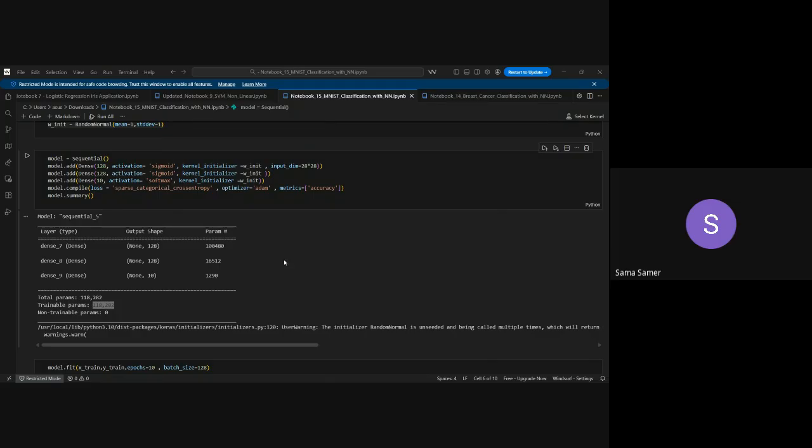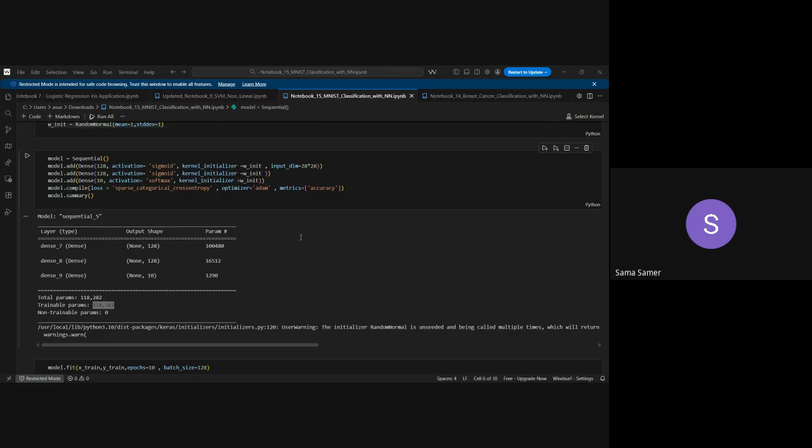What did we do inside this code? We create a sequential model in Keras. Layers are stacked one after another: output of layer 1 is the input of layer 2, then layer 3, and so on. Then we use a dense 128, which is a fully connected layer with 128 neurons. Each neuron here connects to all input features with a dimension of 28 by 28. Then we use a sigmoid activation function, so the neurons will have an output value between 0 and 1.